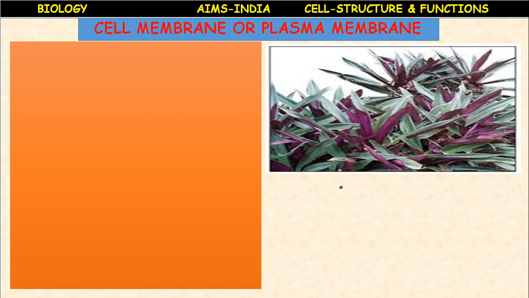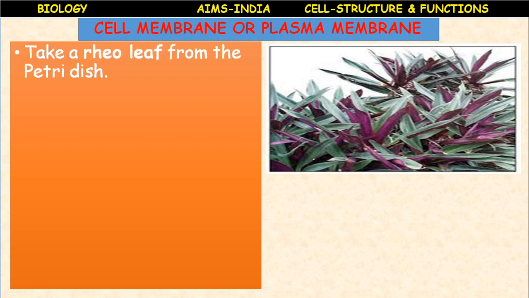Cell membrane. The cell membrane is an important structure which is common in both plant and animal. Almost all living cells possess an outer membrane called a cell membrane. In order to understand this cell membrane, let us do one activity,